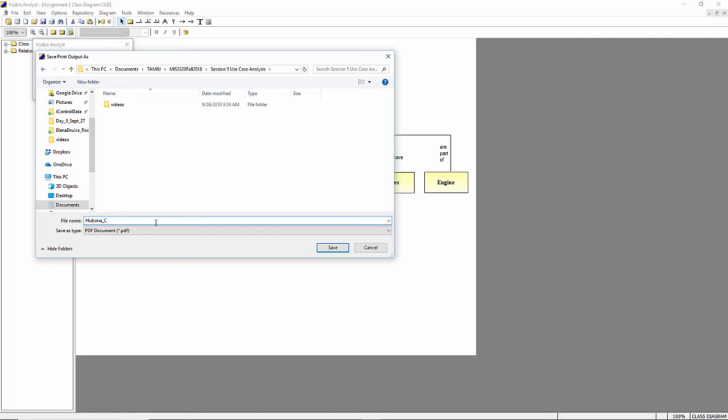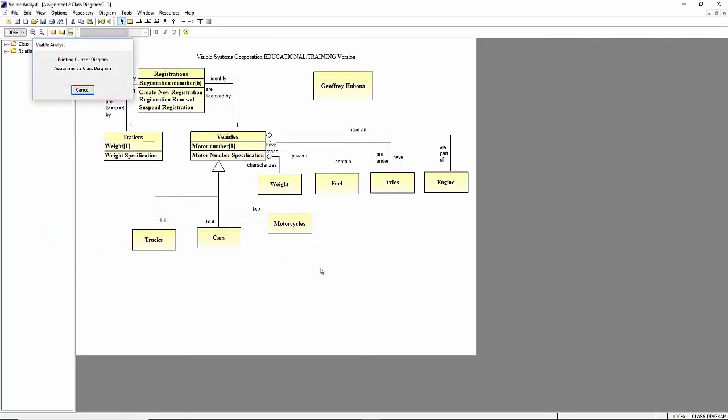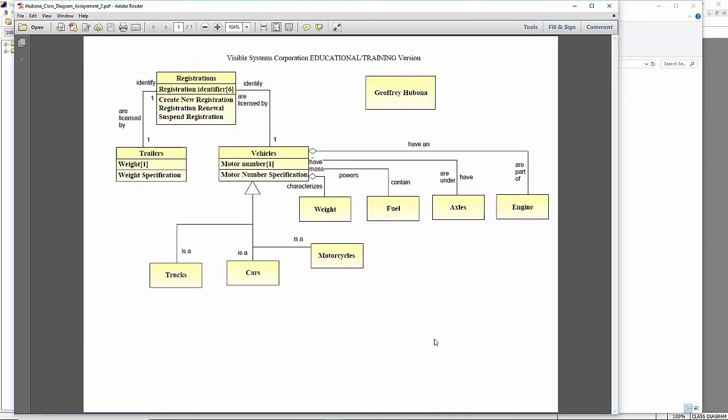underscore class underscore diagram assignment 2. And then save it as a PDF. And at the end, you will have something like this. It'll be a PDF. It will clearly show your class diagram with the attributes and the methods, your name,